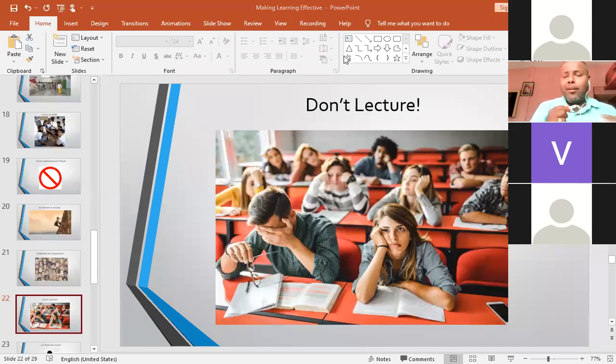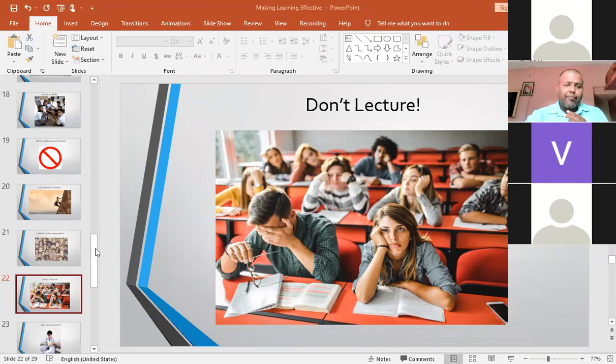This is again very important. You cannot just lecture throughout the session. Surely this will not help you in making learning effective. Don't lecture. You can be a good facilitator to have good discussions in the class. You can be a good person who is making the discussions happen in the class. Unless you lecture, it is not going to work at all. So don't lecture. Rather than lecturing, be a facilitator and involve them more in the whole process to make the learning effective.